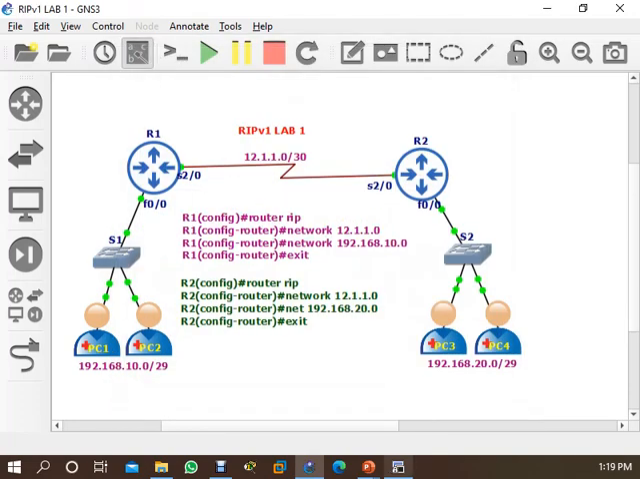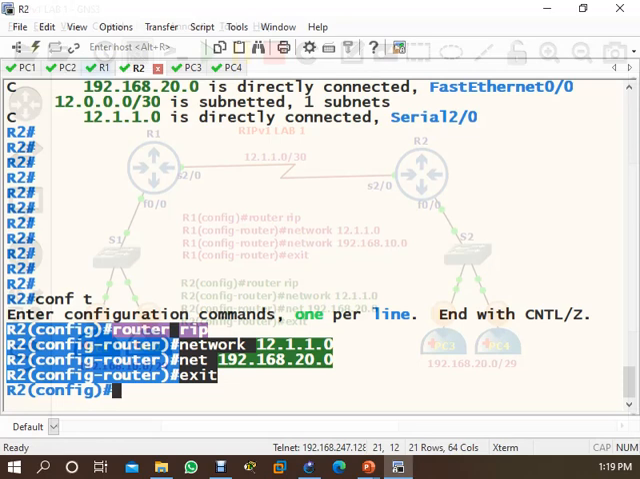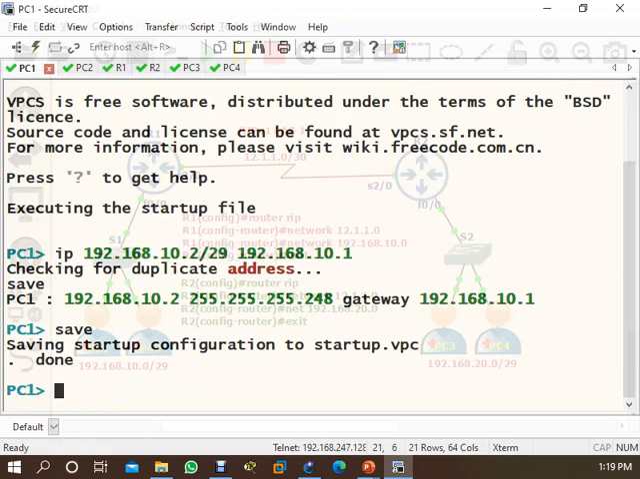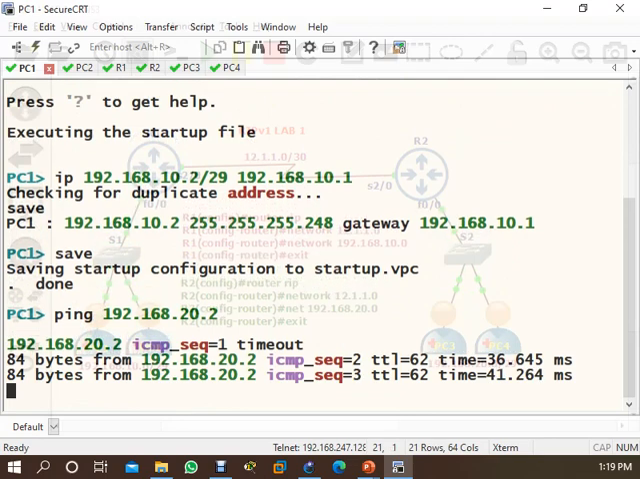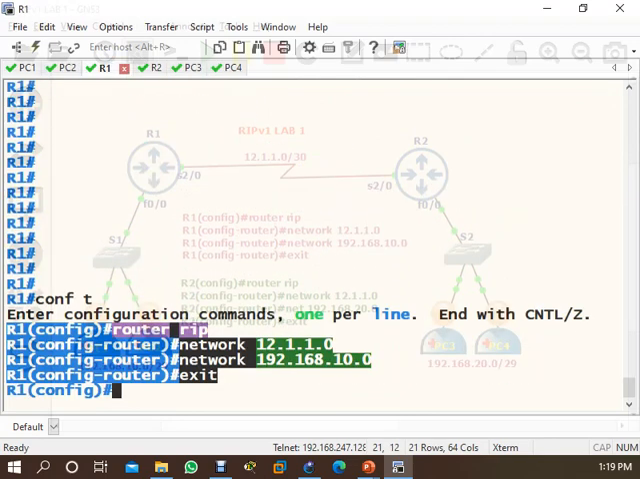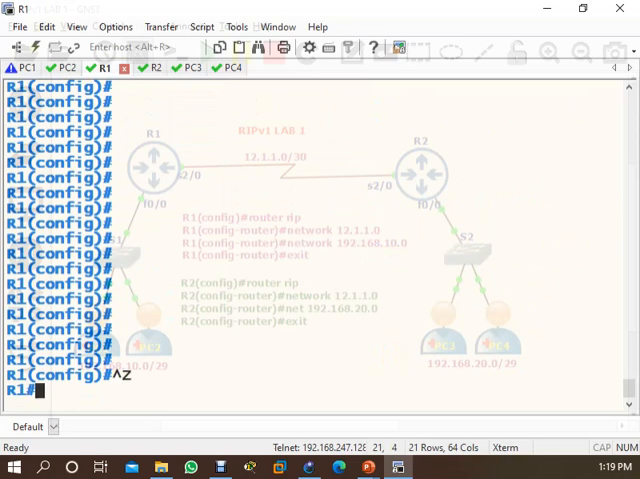Okay, now you come here on router 1, PC1, and now you ping the 192.168.20.2 computer. You are pinging, no problem, right? But if you come on router 1 to check,